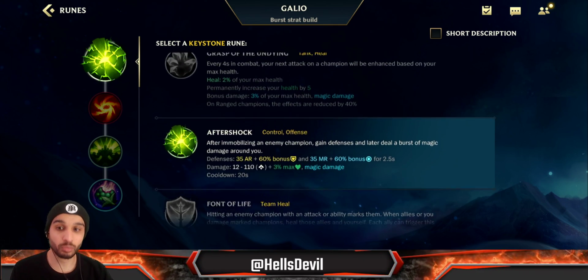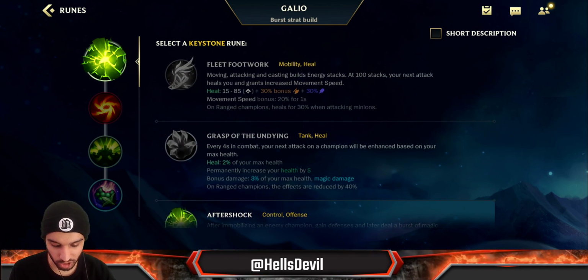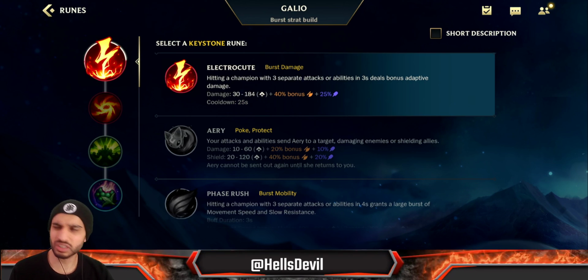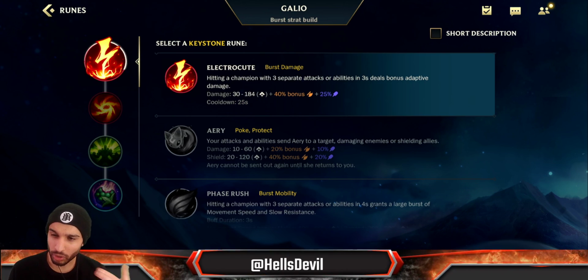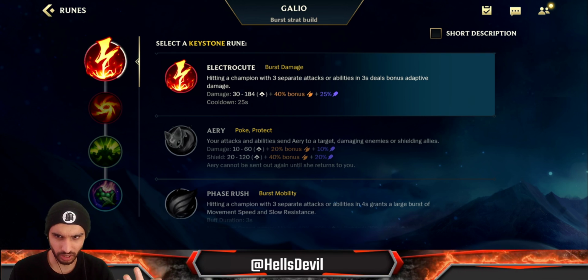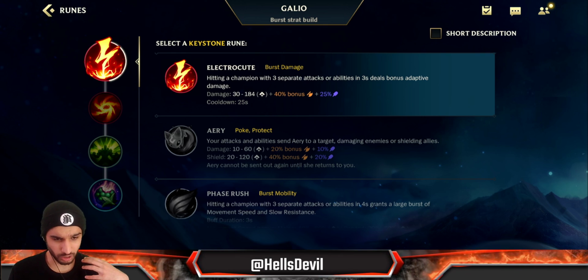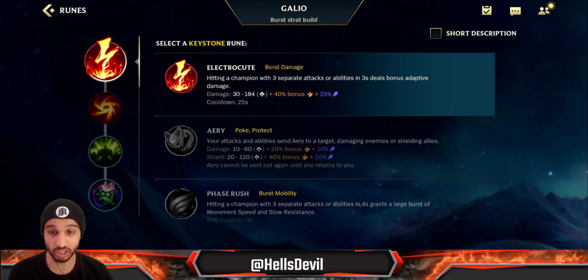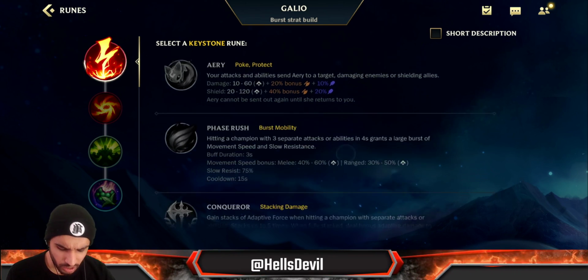If you want to have more burst damage in your combo, then you can go for the Electrocute. I do not recommend Electrocute because you're not really doing your burst combo too often, to be honest. Most often, you're just using your first ability to poke the enemy. Of course, occasionally you do the burst combination with your third ability and everything like that, but